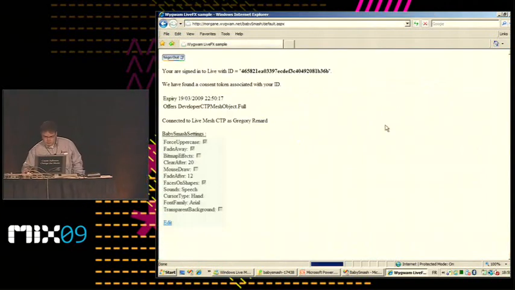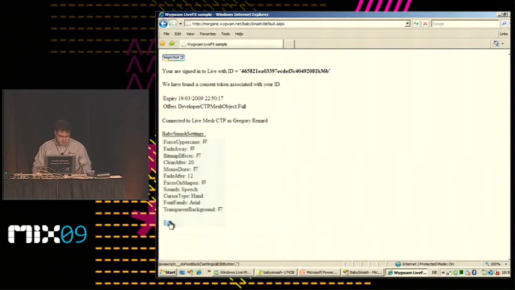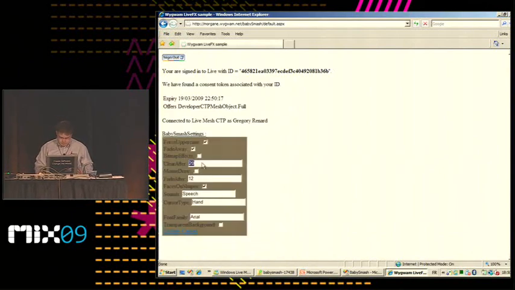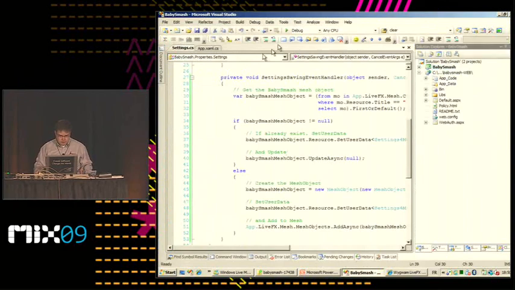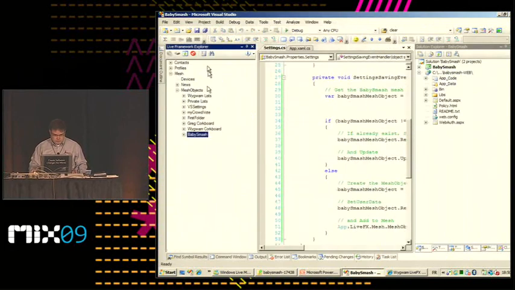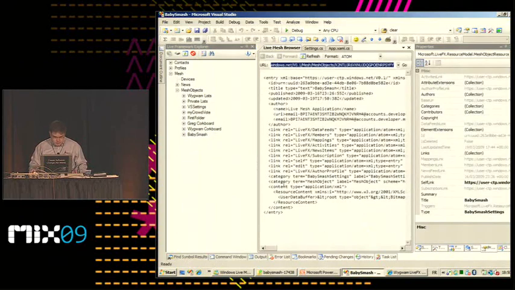Okay, thank you. And you can see on my screen that I have exactly my information there, clear after 20 shapes. And I can change it to 30, maybe. Okay. And I can come back to my Visual Studio and use my tool. I will refresh it and go to my Baby Smash object.